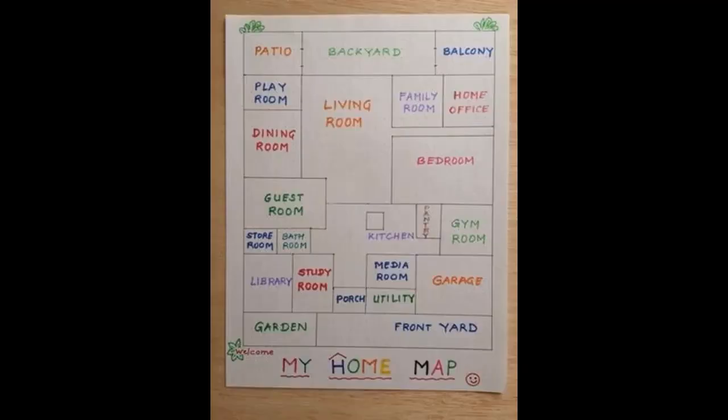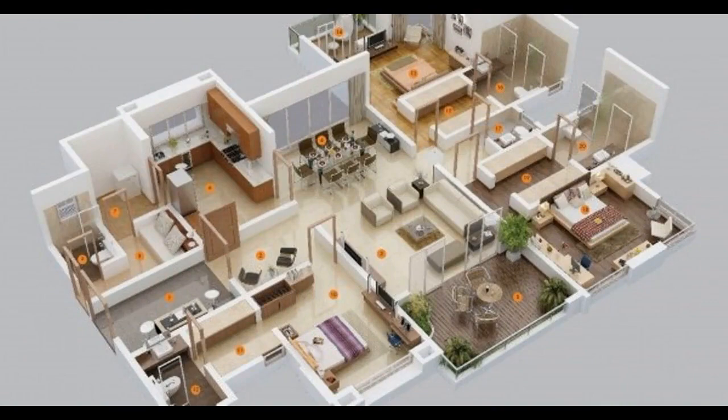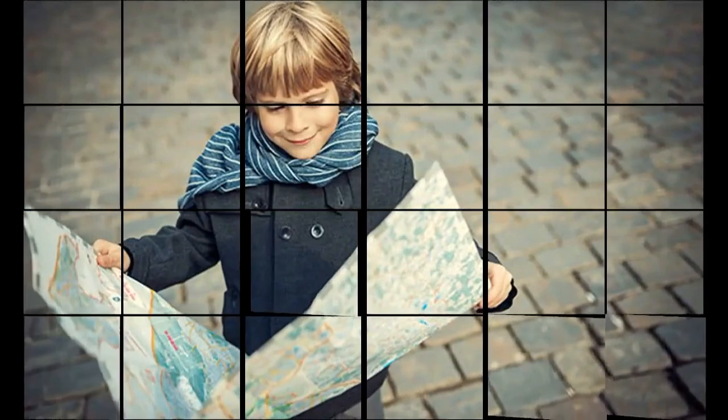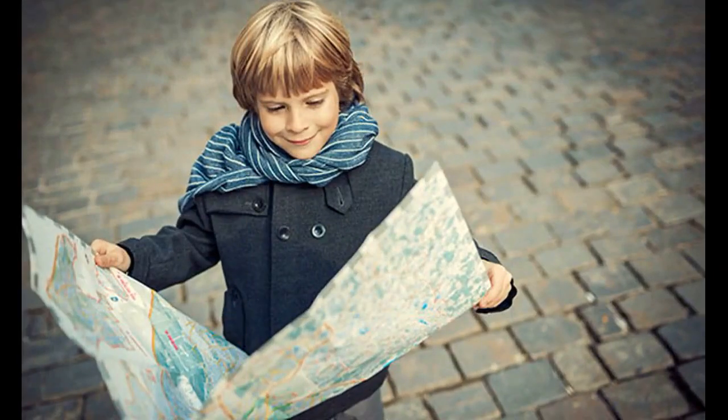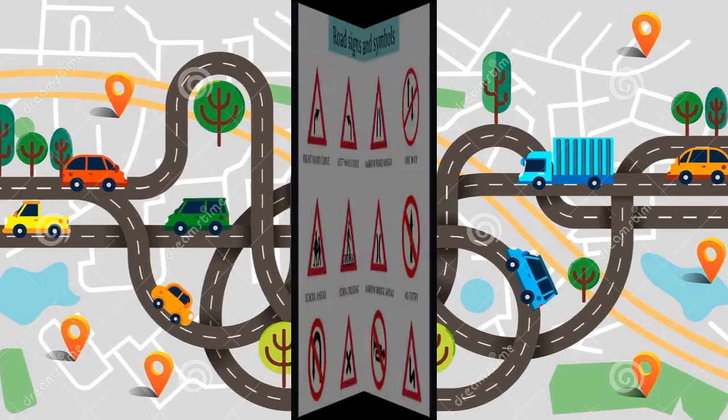We also have maps of our homes. However, these maps are called plans. They provide us with the outline of different rooms in the building. And they also mention the directions. Maps are small and can be carried along in the pocket while traveling. They mention various places in an area and also mention the distances.